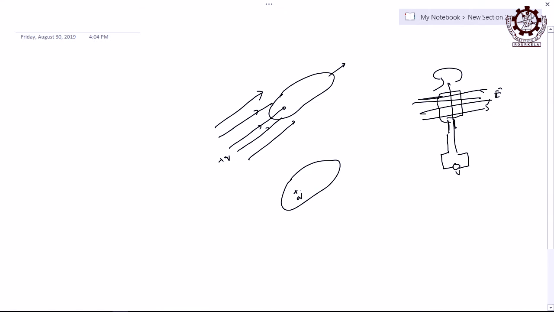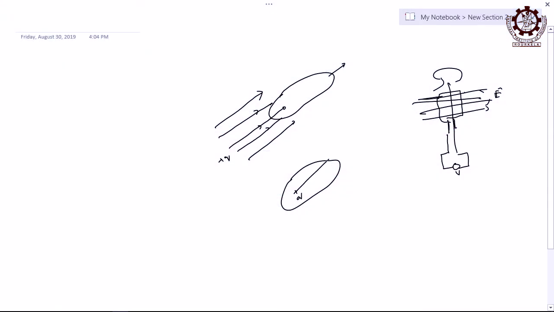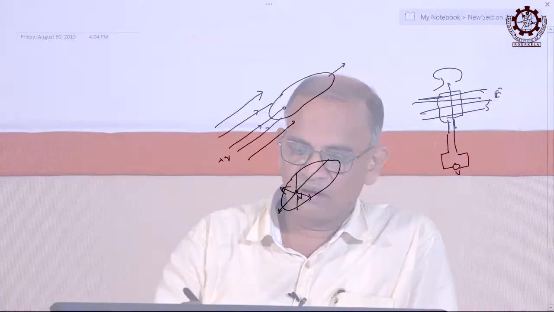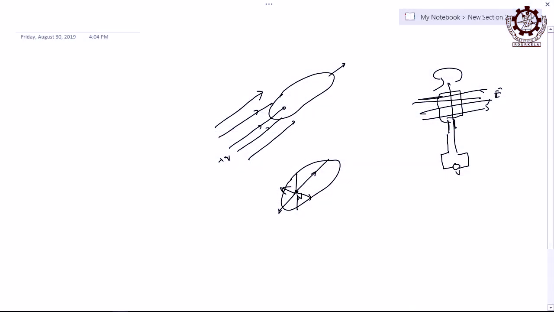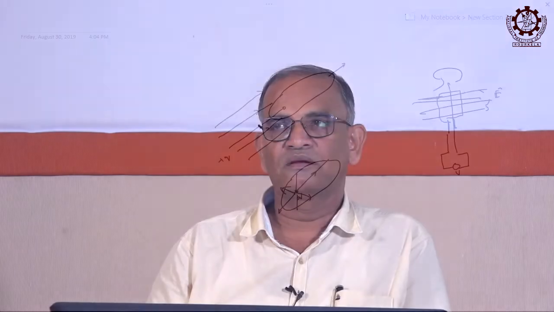But if you take that charge inside, then what will happen? The field is there, right. So flux will be there, but of different behavior or similar behavior? Different behavior, obviously, right, because from here it will go in this direction, here in this direction, and like that it will spread in space. These are all 3-dimensional objects. So the behavior is definitely different when the charge is inside and outside, right.